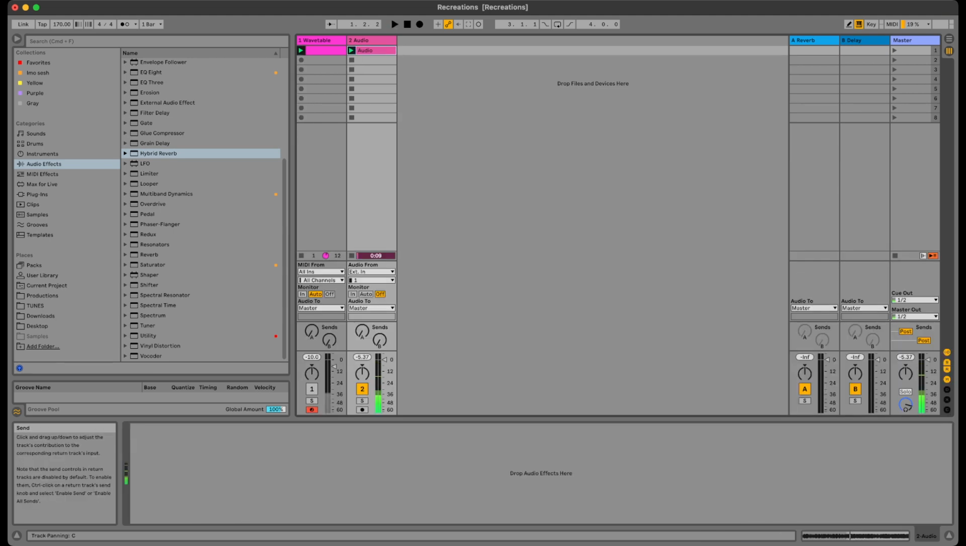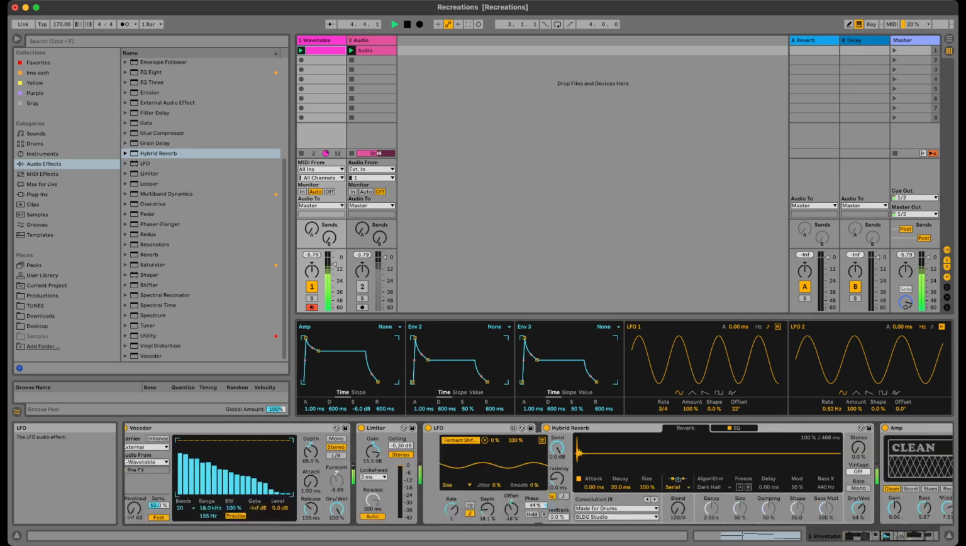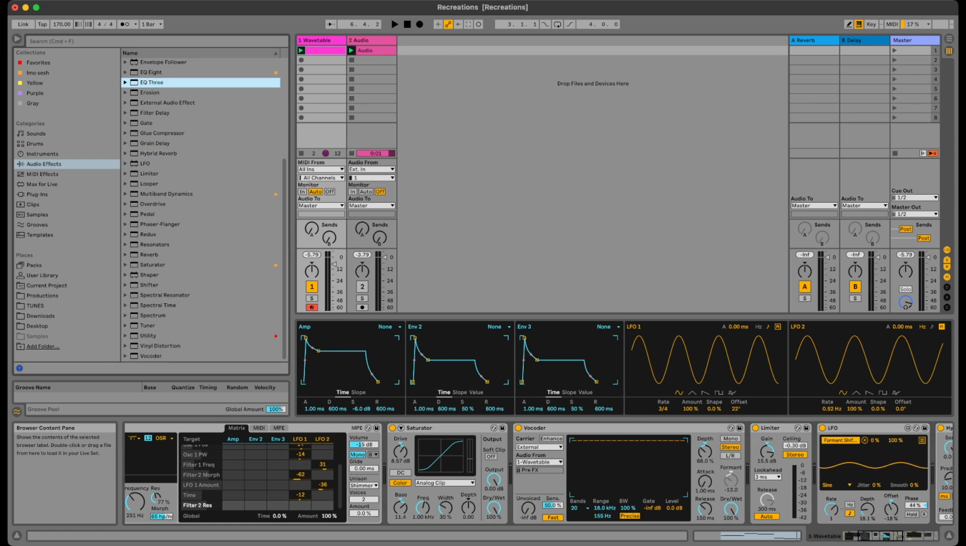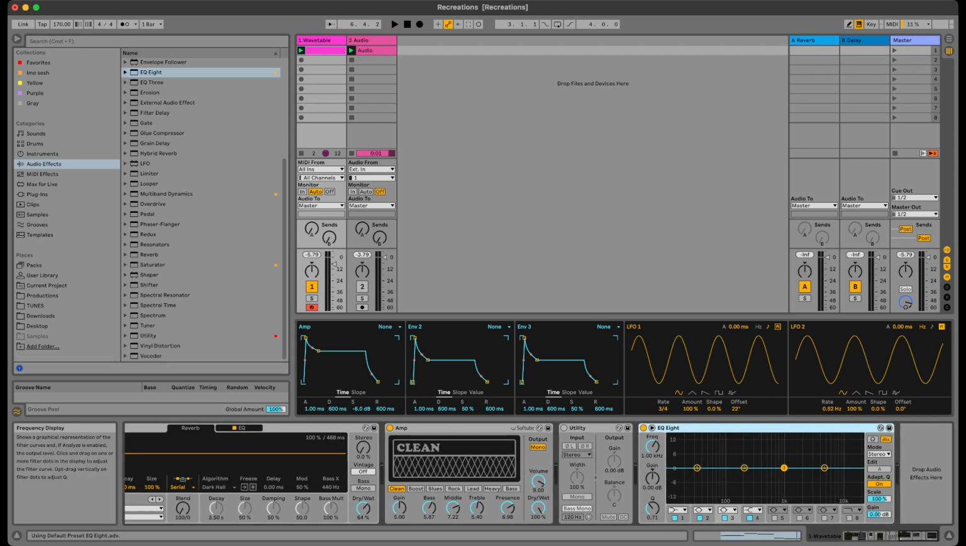It's also about a really resonant peak. Yeah, okay, so the rhythm could use a couple of tweaks as well, but I'm pretty happy with it. Okay. Let's go EQ8 and we are going to